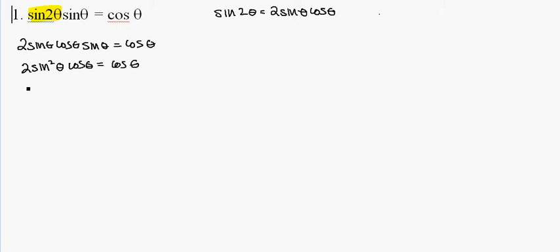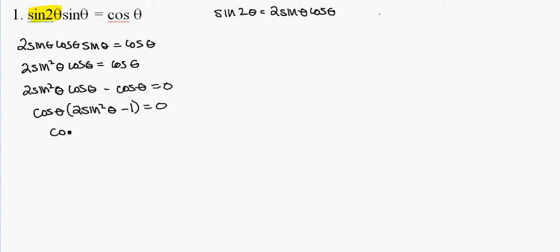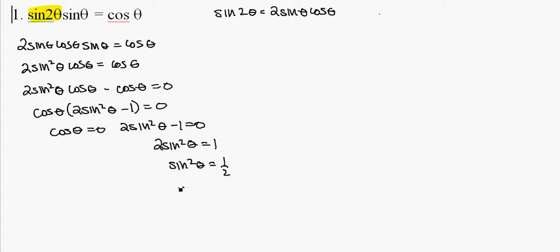I subtract cosine from both sides. 2 sine squared theta cosine theta minus cosine theta equals 0. Greatest common factor of cosine of theta gives me cosine theta times 2 sine squared theta minus 1 equals 0. So the cosine of theta equals 0, and 2 sine squared theta minus 1 equals 0. I add 1 to both sides. I divide by 2, I get a half, and I take the square root of both sides, getting plus or